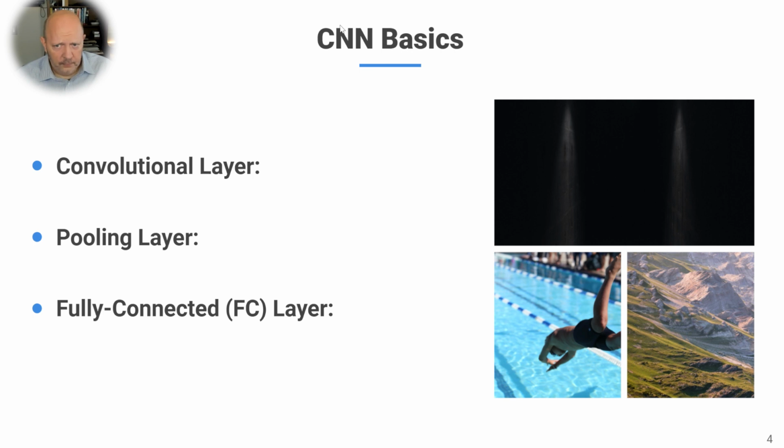Convolutional layer, pull detail out of an image. Pooling layer, basically focus your attention or pull the most important feature or the brightest feature. That's maybe not the max feature. It's kind of hard to explain. The fully connected layer is, hey, what is the output? Now we stack these on top of each other to get different types of networks, the ResNet, for example. So let's continue a little bit. Flashlight, person in the background, everything's connected.